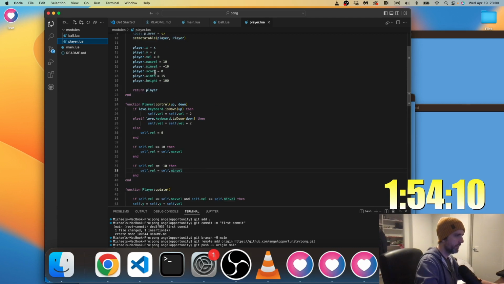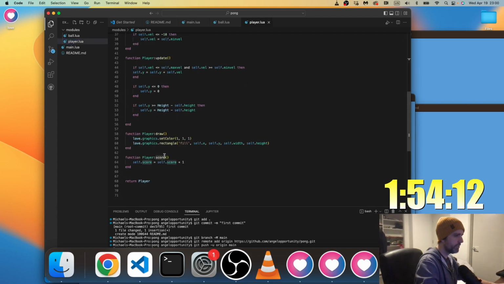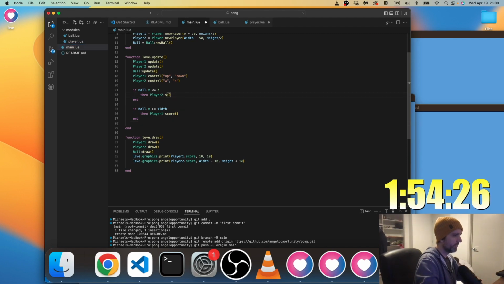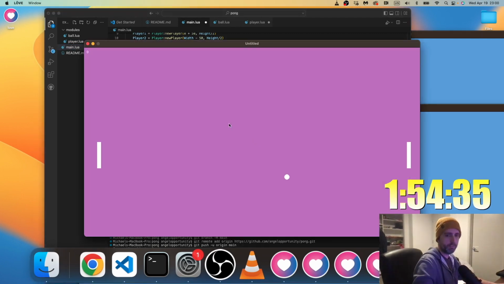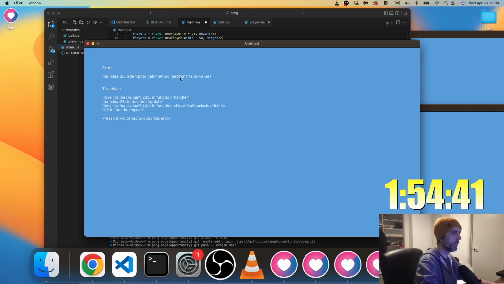Let's change this to being called get point instead of score. Even if that's not the problem, it will at least help me figure out what the problem is. Crap. Okay, well, get point is the problem.